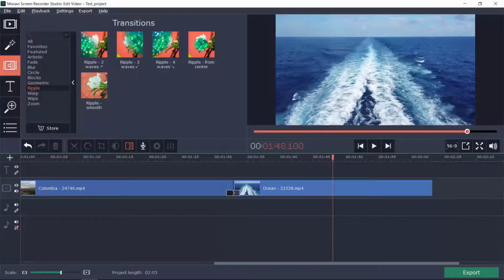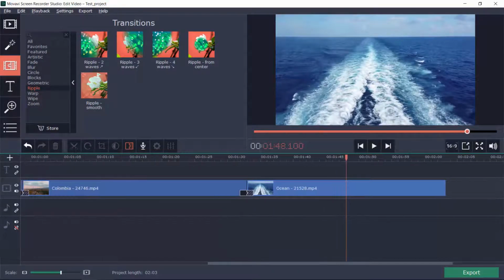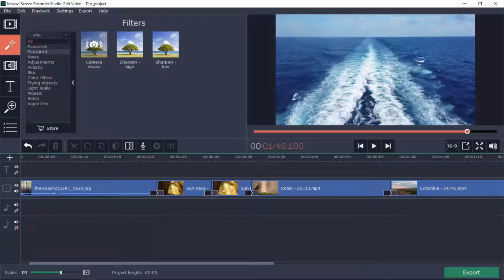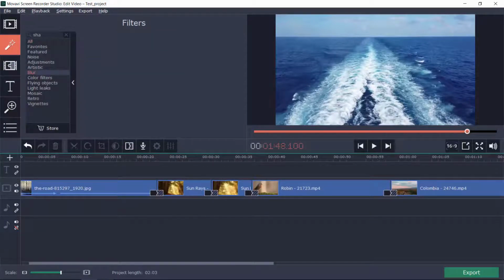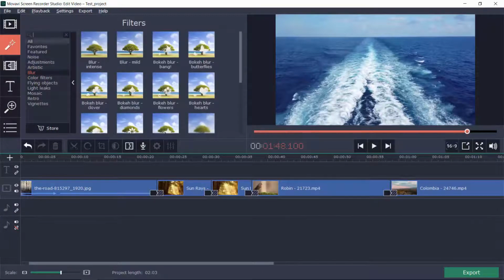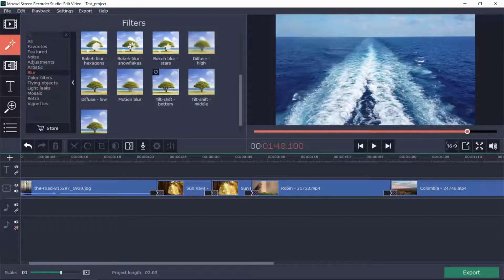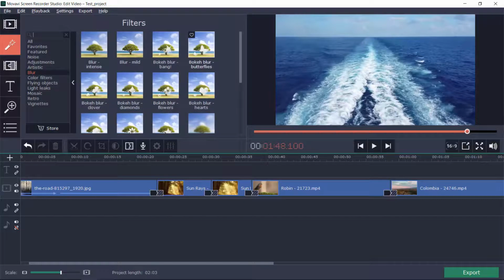And let's add some more effects. I will start by adding a few filters to the video files. So let's go to the Filters tab, and let's find the blur category. I need to remove this text here because it got filtered. Now we have the blur effects category selected, and I will take the mild blur and apply it